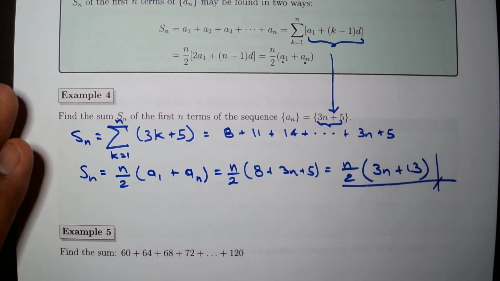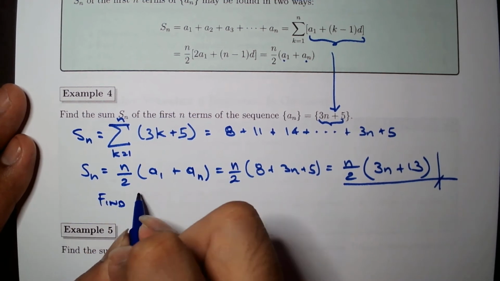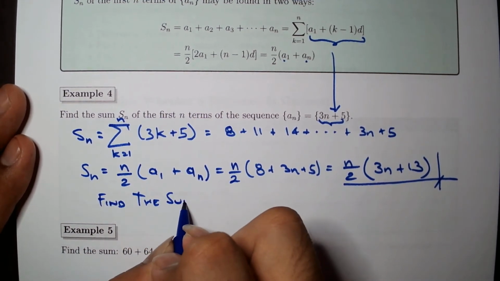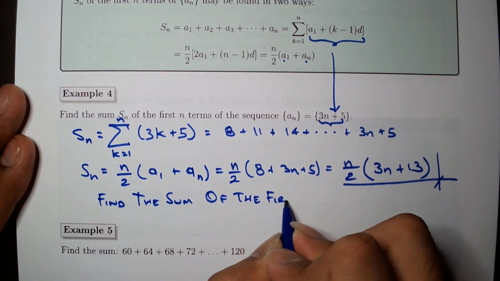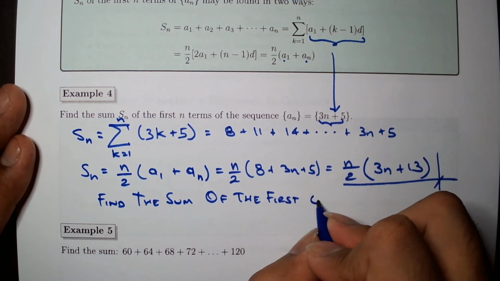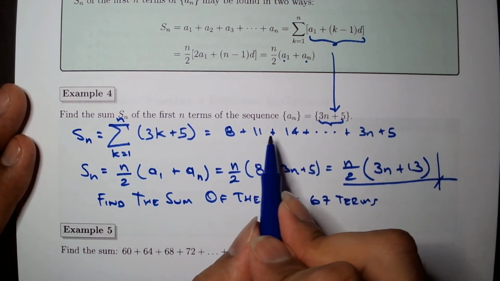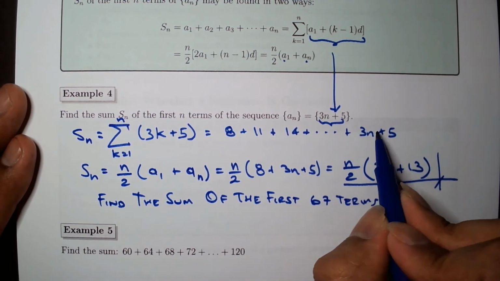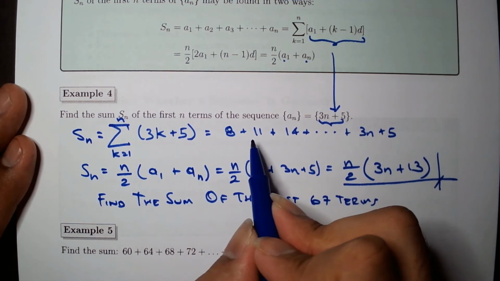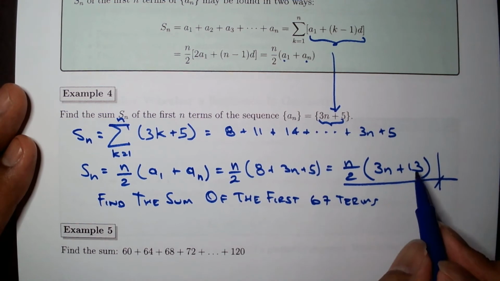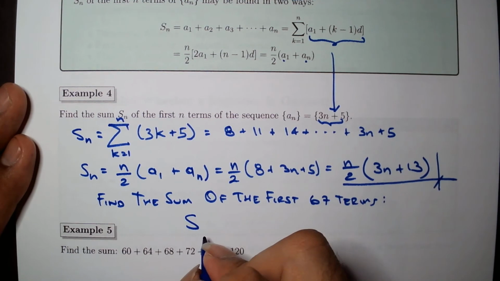But what if we want to find the sum of the first 67 terms? Let's say I'm going to go 8, 11, 14, and then the next all the way to the 67th term. And well, I'm not going to add 8 plus 11 plus 14 plus the next. So no. I'm going to use this formula to find S sub